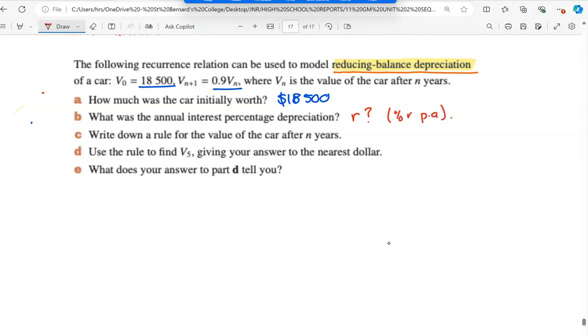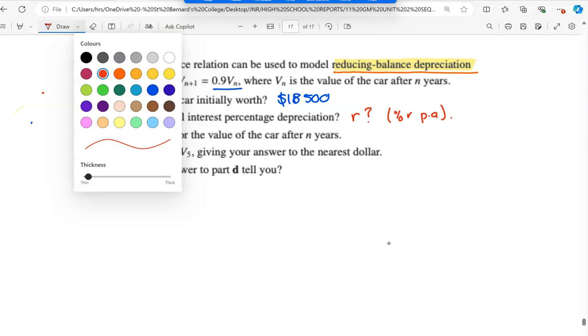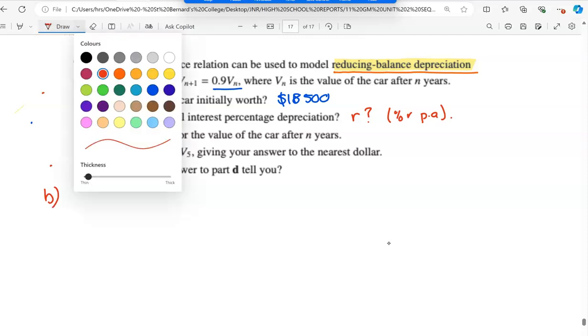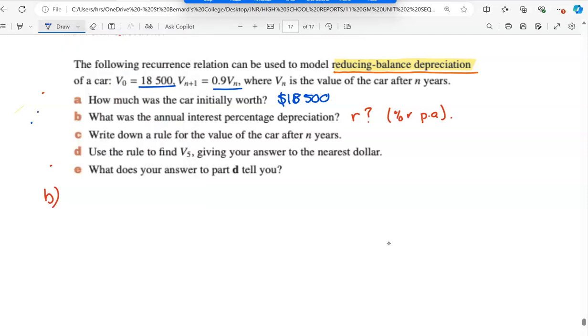So what you need to do is, this one's pretty easy, but you do also have formulas in your formula sheets. We've given you formulas because sometimes this can be a little bit harder with other scenarios, like the compound interest scenario, when you've got growth. So let's just do this one. I'm just going to show you. And the other thing is,